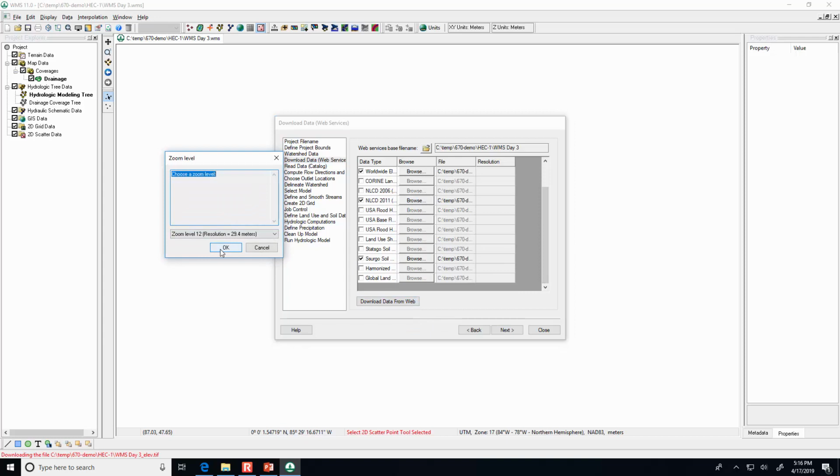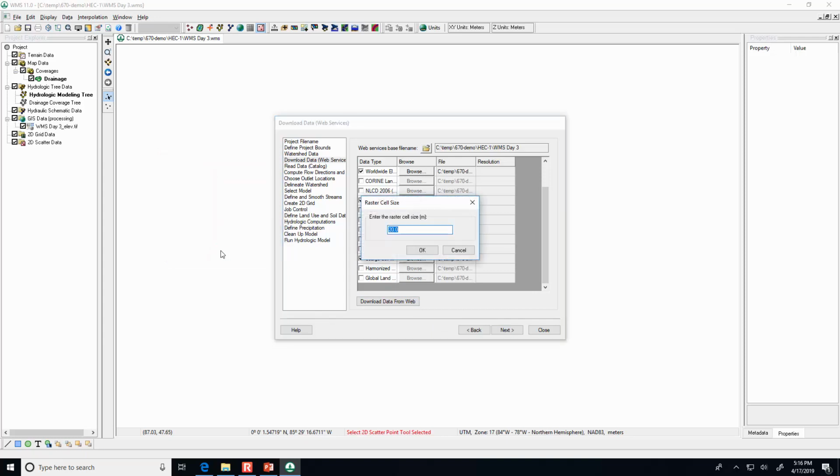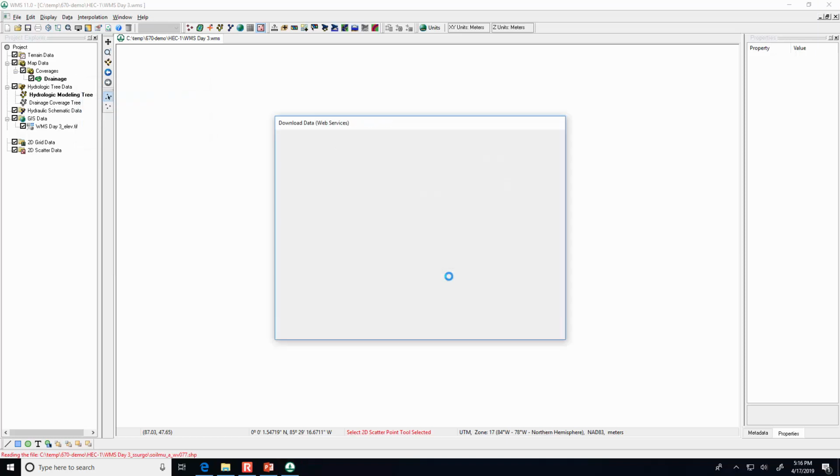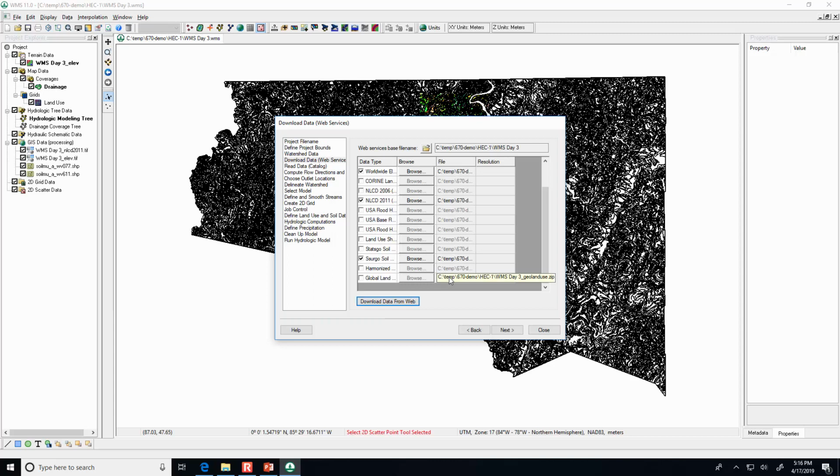Download it. First it's asking about the elevation, then it's asking about the land cover, like what resolution to get. Oh, I got a flat line in that direction. In nature it would be pretty uncommon to have a watershed boundary that was perfectly horizontal. Right. Like that. All right.